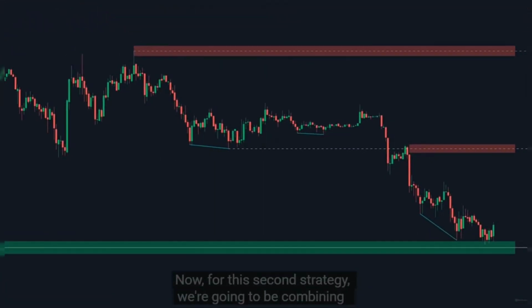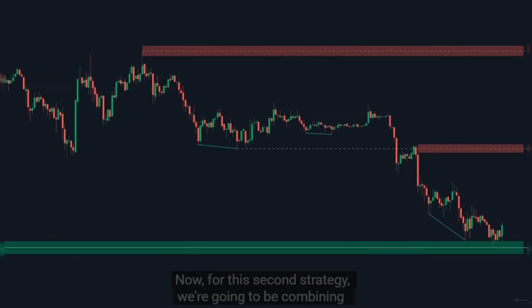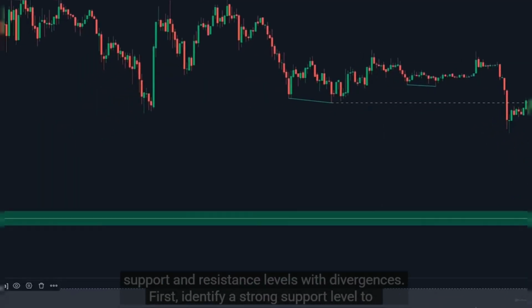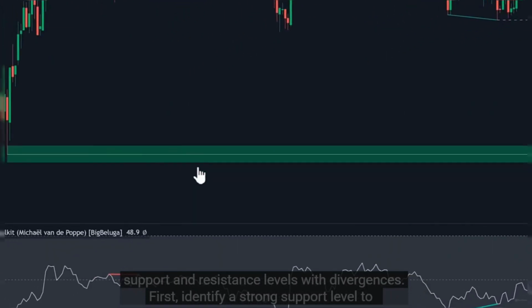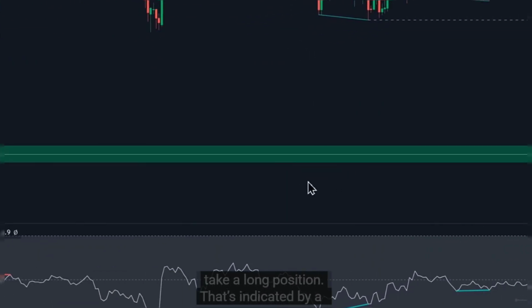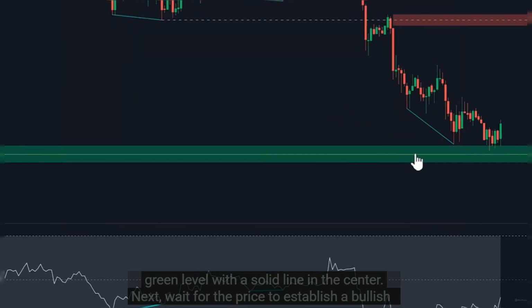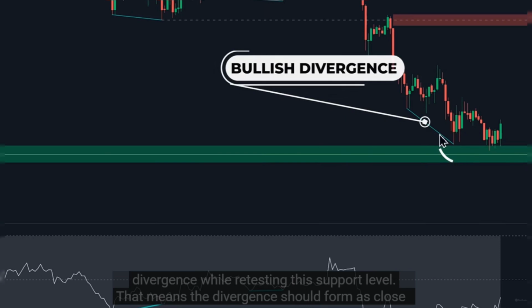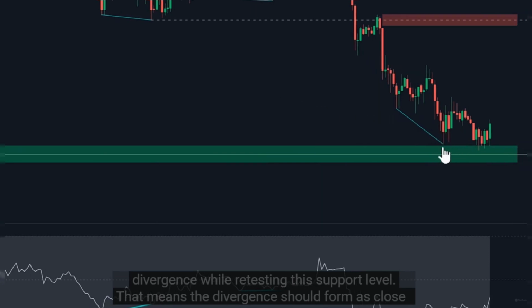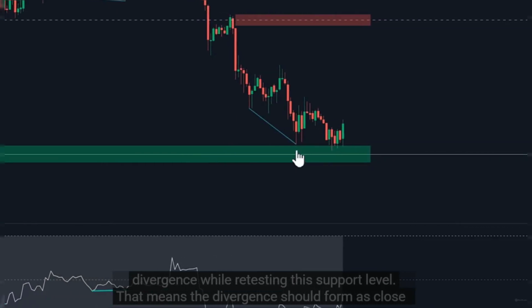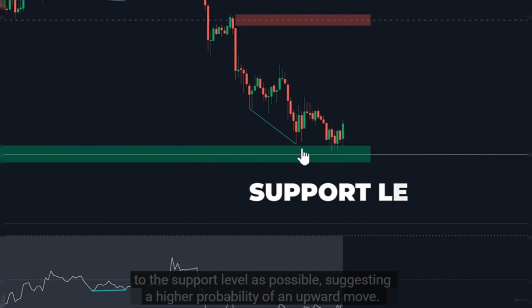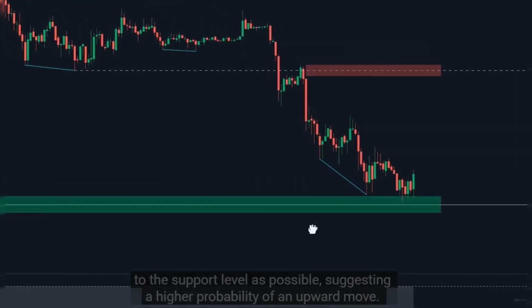Now, for this second strategy, we're going to be combining support resistance levels with divergences. First of all, you want to identify a strong support level to take a long position. That is going to be indicated by a green level with a solid line in the center. Next, you want to wait for the price to establish a bullish divergence while retesting this support level. That means the divergence should form as close to the support level as possible, suggesting a higher probability of an